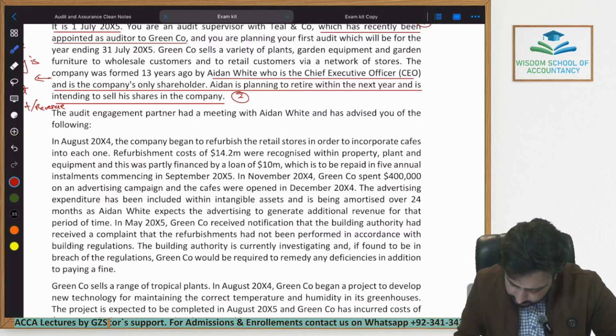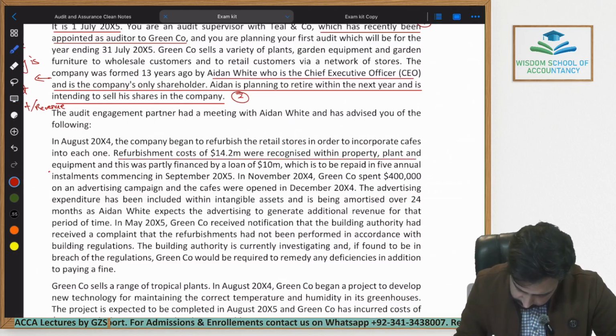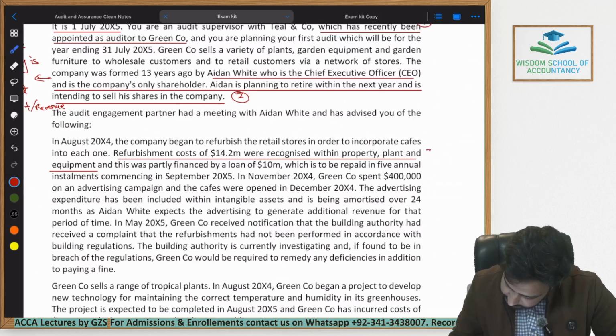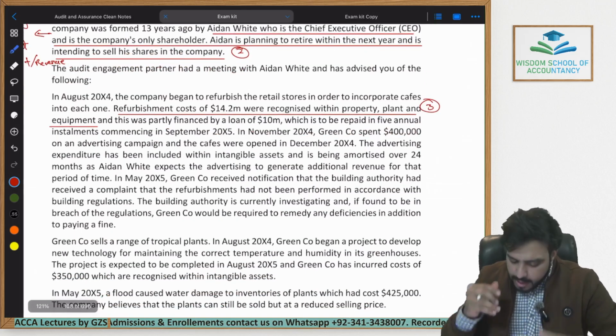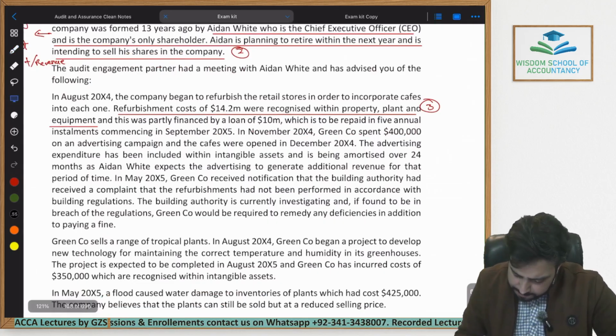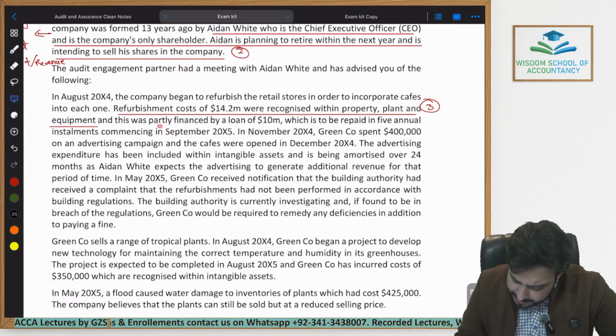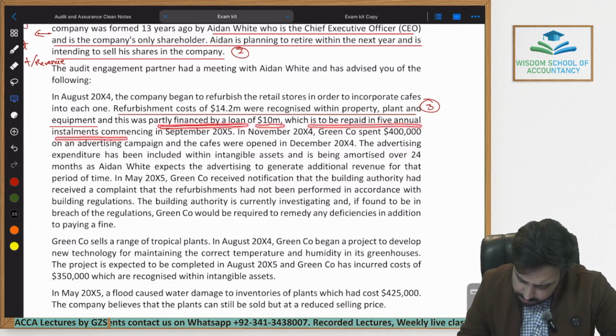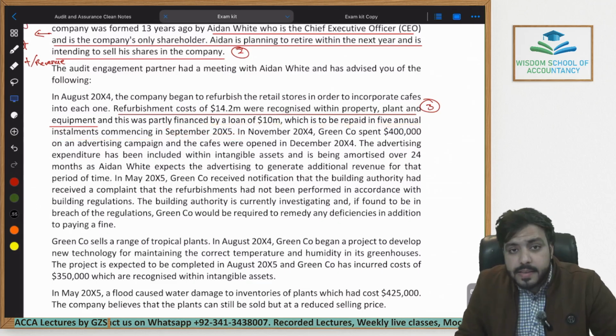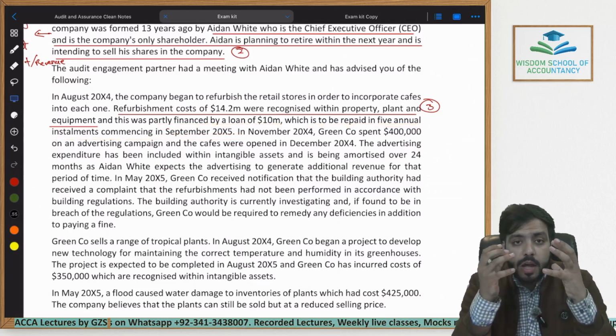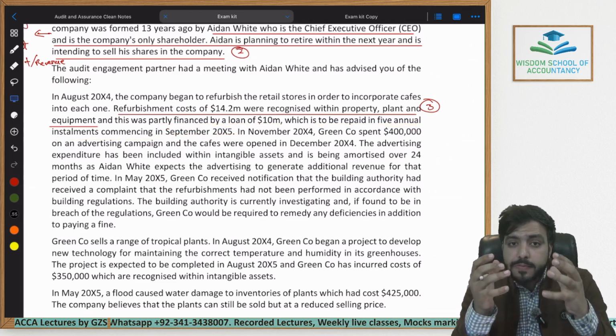Let's highlight this one as well. This is the third risk that we have identified. Up till here, this is the third risk which we have identified. Now moving forward, what was written ahead? And this was partly financed by a loan of $10 million, which is to be repaid in 5 annual installments commencing in September 2015. The risk in this case is that, first of all, loan calculation itself is a lot